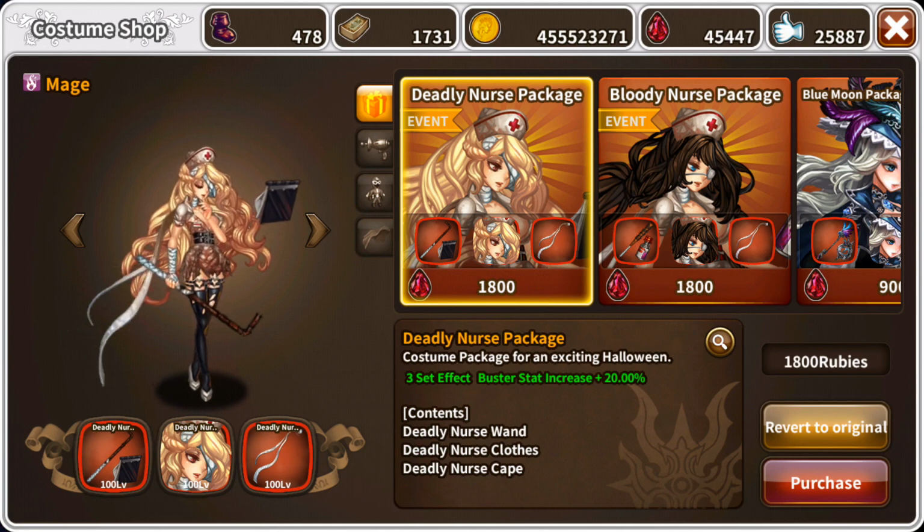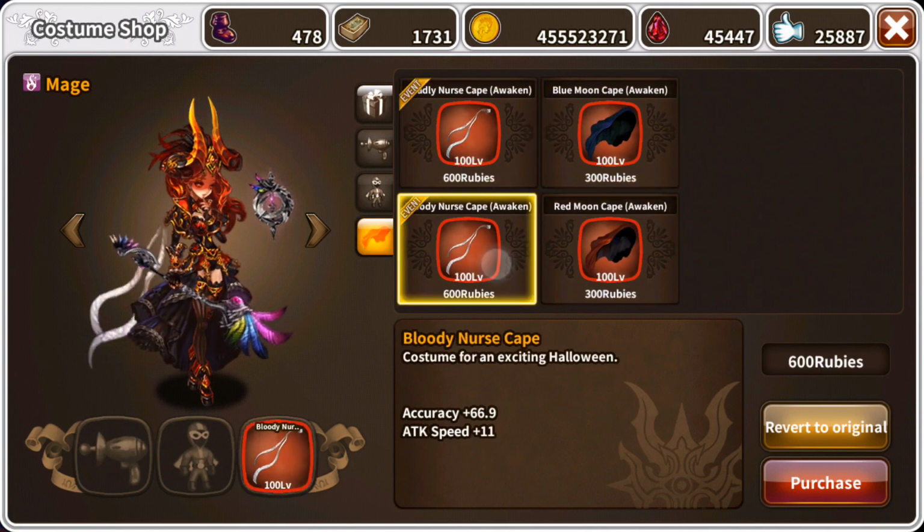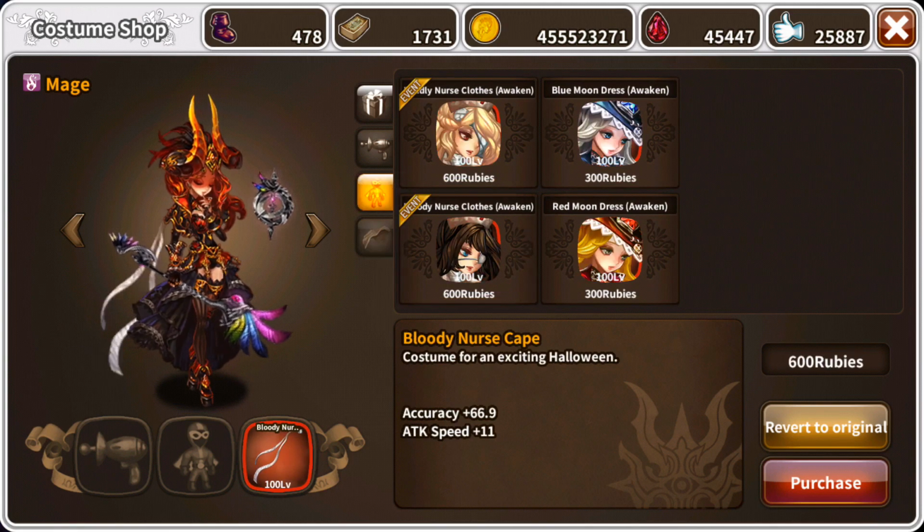I realized that when it comes to global, they actually have the same price regardless of what you decide to do. So if you decide to mix and match some stuff, it's like...